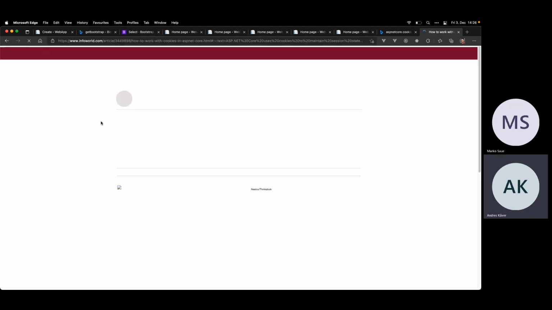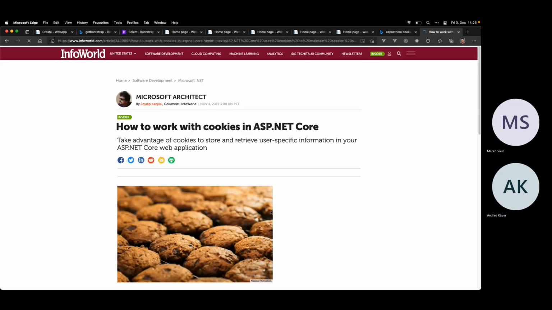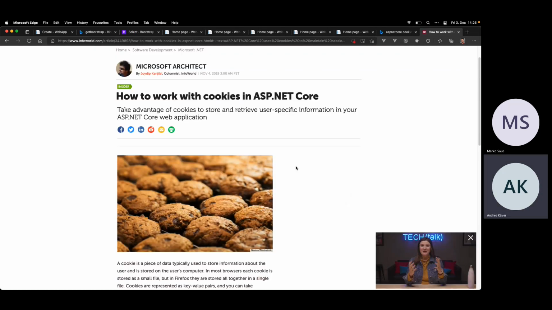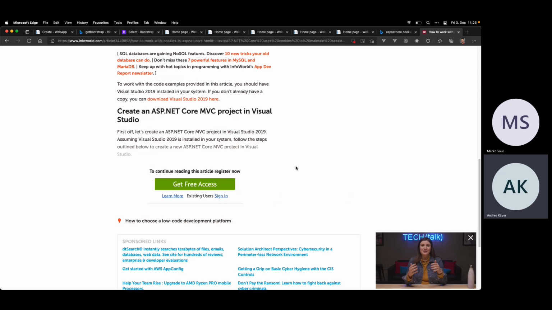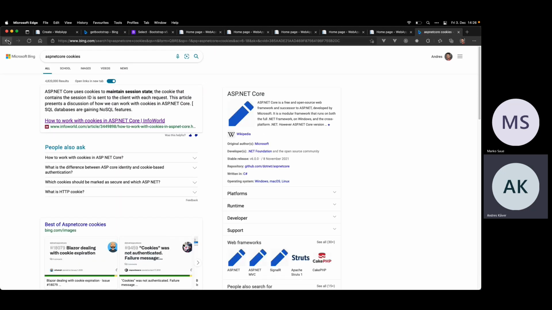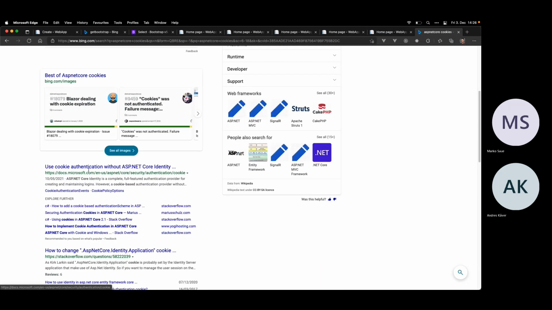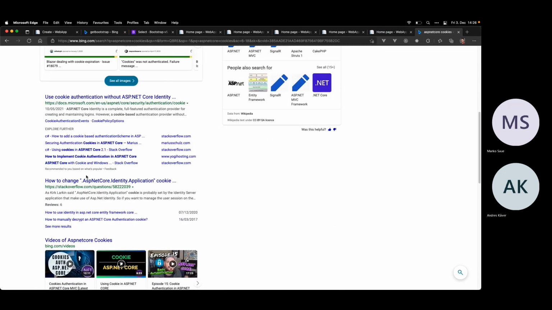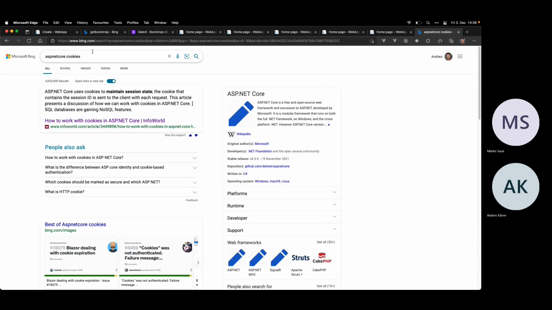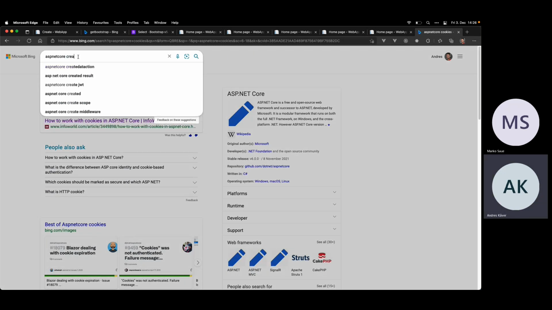How to work with cookies? How many ads underneath? No. What the hell? Huh? Clear our cookies. Has to be simple.